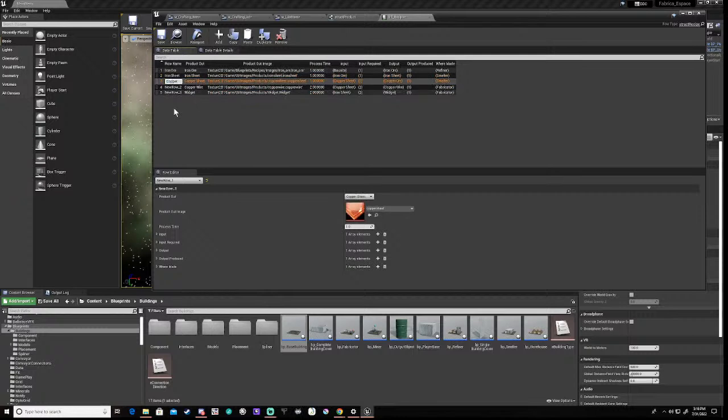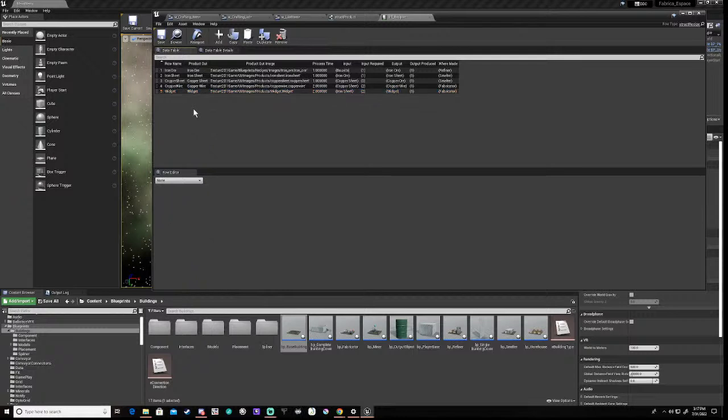So sheet, and this allows us just to grab a single row and not have to iterate through the full data table. So this would be copper wire, and this will be legit. Okay, so we can save that,